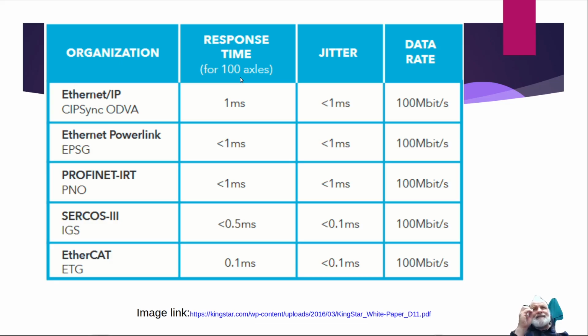They tested this and they said this gave reliable access at a speed of 1 millisecond for 100 axles, with very little jitter, and a data rate of 100 megabits per second, which they all have the same. So the amount of data that you can transfer is there. But what they're saying here is the response time, how they were able to get a response from all 100 axles, and it took 1 millisecond for Ethernet/IP, a little less than that for the Ethernet PowerLink